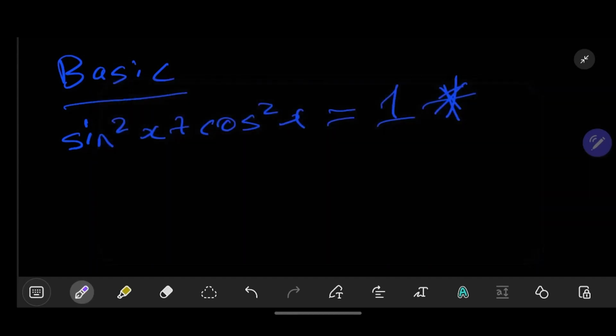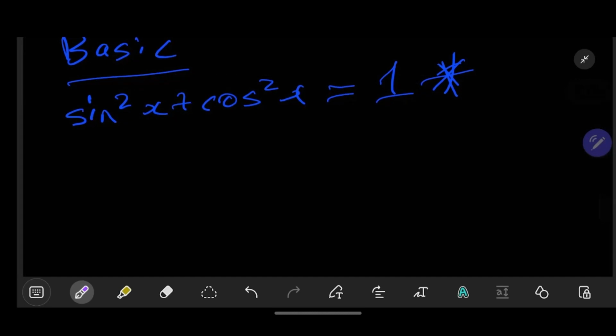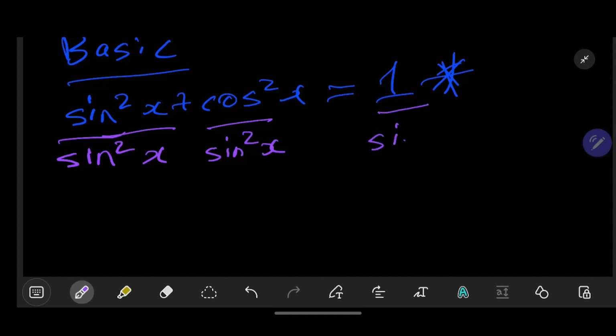What happens if we divide this entire basic function by cos squared of x? Or sine squared of x. Let's do sine squared of x. So we're dividing this by sine squared of x, we're dividing that by sine squared of x, and we divide that by sine squared of x. Now sine squared x divided by sine squared x is 1. Bring down the plus sign. Cos squared of x divided by sine squared of x is what exactly? That is the inverse of tan, and the inverse of tan is cot. Don't forget the square, so cot squared of x